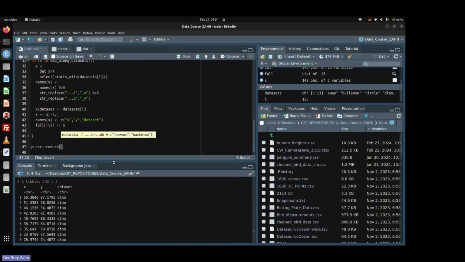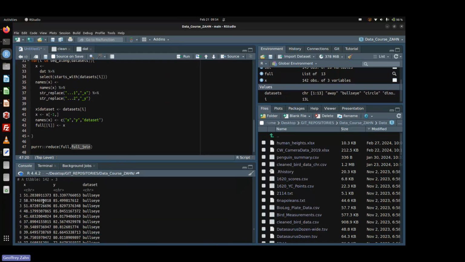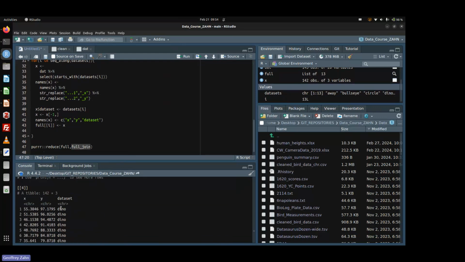So I'm going to reduce that list of data frames, and I'm going to use full_join, because I know that I could join 1 and 2 together, and 2 and 3 together, and 3 and 4 using full_join. So I'm going to use that within this reduce,